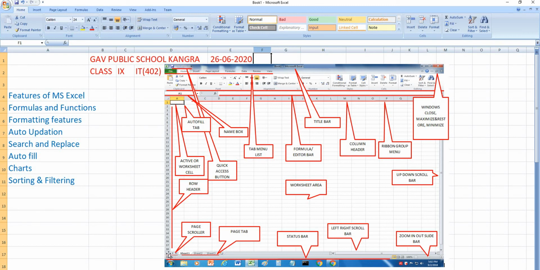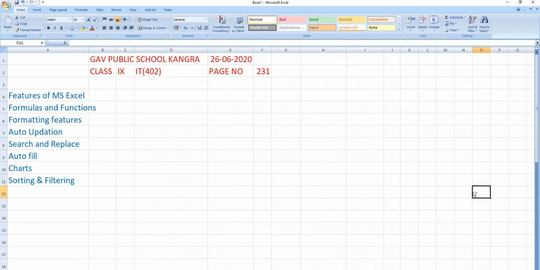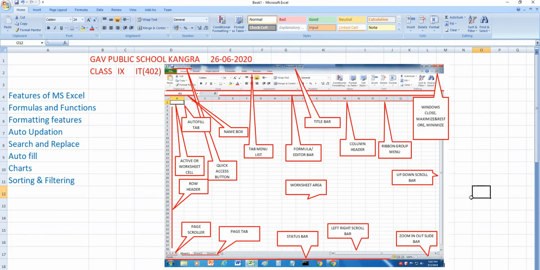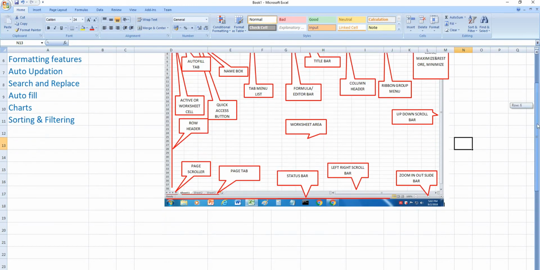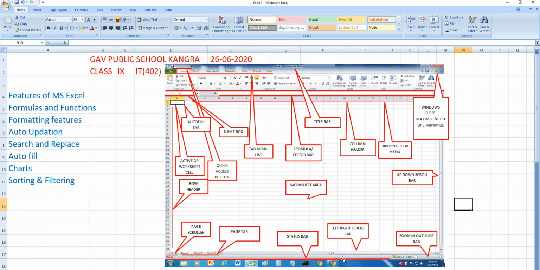Scroll buttons are here, and on the bottom right side of this window, you can find the zoom in and zoom out option, which is used to zoom in and zoom out your screen like this. Okay, and these vertical and horizontal scroll bars are found on every window.